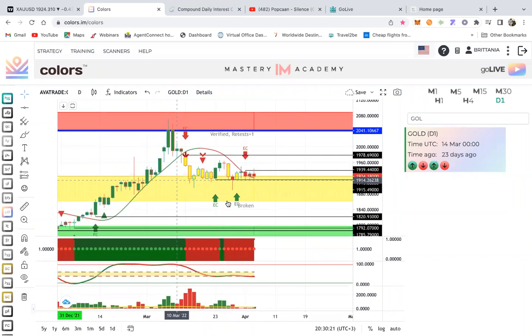All right. So right here, we have buyers sitting underneath the structure, and we have two engulfing candles right here, which means that gold is still going to go up for the buy, right? Not because you see the red candle pulling back, the buyers are still there. Trust me. Trust and believe in Jesus.